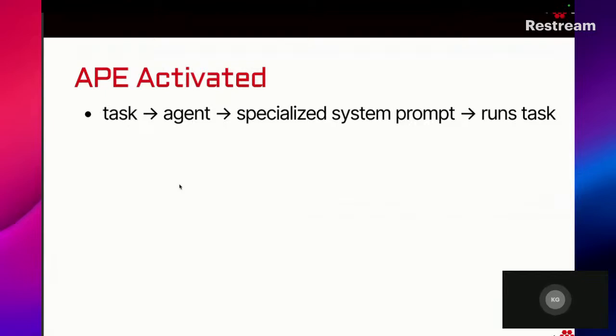So you give it a task. You say, I want you to create 5 marketing posts for my products on Twitter, and then it'll specialize itself for that input business problem at a very specialized level.